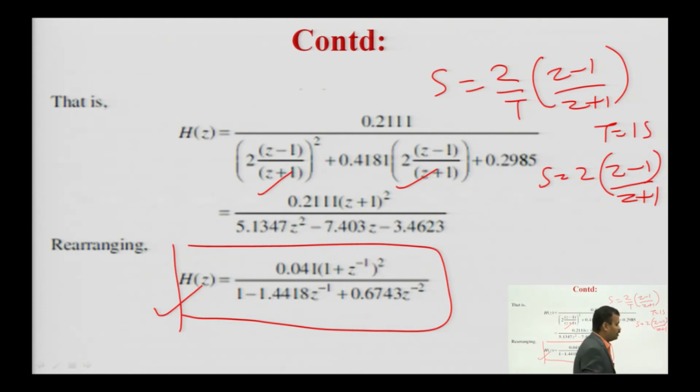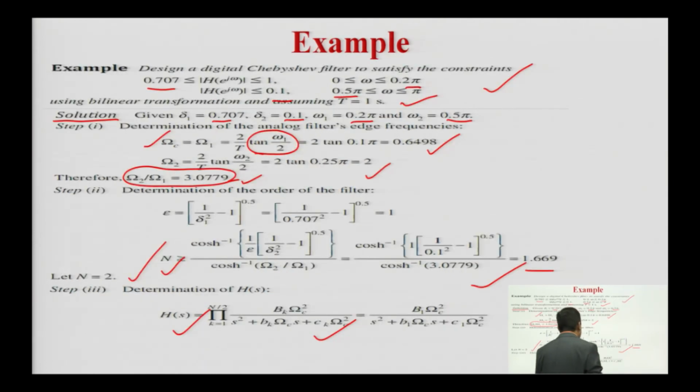So, in this question you can see the same steps you are following here. By these same steps you are getting your values of order of filter, your H s, your frequency and so on, and you will get the H z finally, and that is the motto. In this also, at first you have to make H s from the very initial given parameters or specification, and after that H s is converted into H z either by using the impulse invariant or bilinear transformation method.